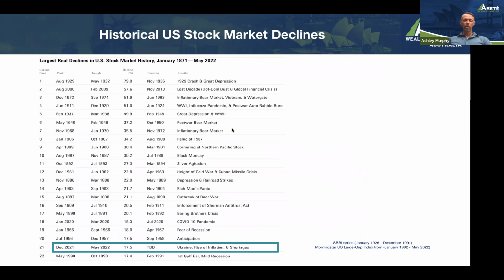Okay, inflation expectations. Now let's keep in mind how this rates historically. So what we have here, thanks to Morningstar and their stocks, bonds and bills index series, is we see that of 22 market declines going back since the Great Depression, actually, 1892, so far this has been the mildest. Now that, like I've said before, is cold comfort to anyone nursing portfolio losses, but we think this is going to turn around by the end of the year, and we're optimistic as to the direction of where things are headed.